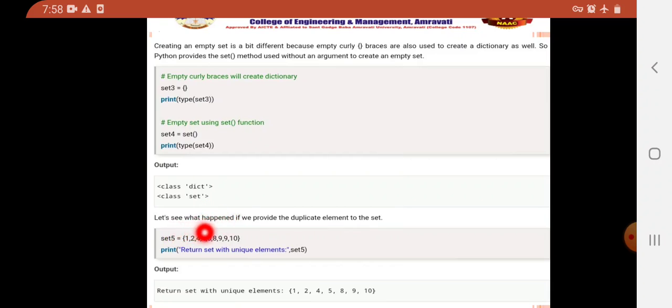So print returns the set with unique elements, that is set5: 1, 2, 4, 5, 8, 9, 10. The repeated 4 and 9 are eliminated. So duplication will not be allowed in a set. Any duplicates will be removed and only one element of the same value will be printed on the command prompt.